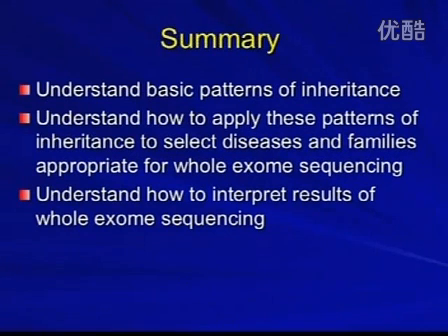Oh, no. So just to reiterate what was important in what I said, though, okay? So you learned basic patterns of inheritance, dominant, recessive. You knew what to look for. You knew what that meant in terms of finding variants. You saw how to apply those patterns to trying to find disease genes and how important it might be to know that if you want to actually have a way to prioritize among the many, many variants you're going to find. And hopefully we've talked about ways that you could interpret results, that you're going to have to consider